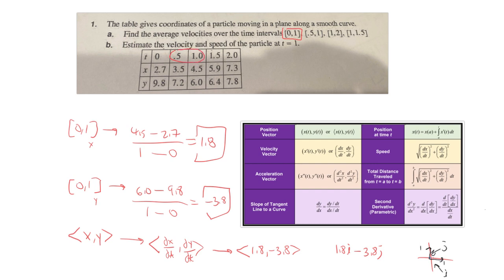Then you could find the average velocity between 1 and 1.5. And then you can just take the average of that. In other words, just divide by 2 after that. So if we were to do the average velocity,